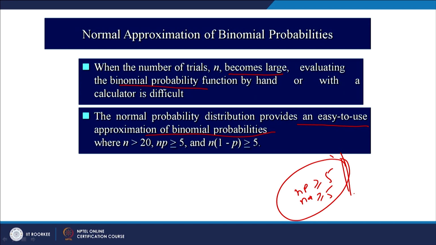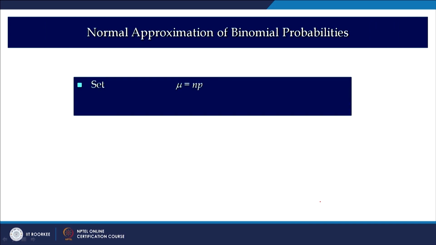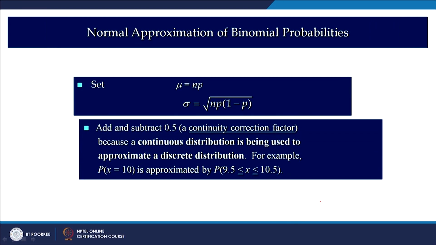And what were the conditions when we used Poisson distribution for binomial distribution? The n was equal to or greater than 20 and p was less than or equal to 0.05, right. So, these are two different conditions for approximation of binomial to normal, right. Now, we know that the mean of the binomial distribution is np, and the standard deviation is the square root of the variance, which is npq, right. So, the variance you can write like this, npq, right.